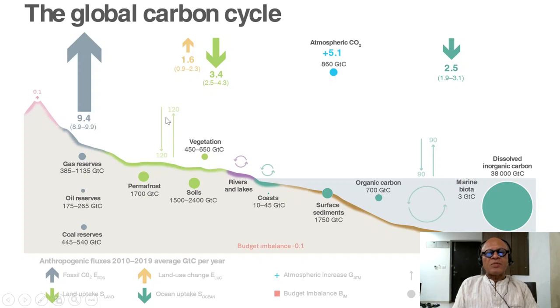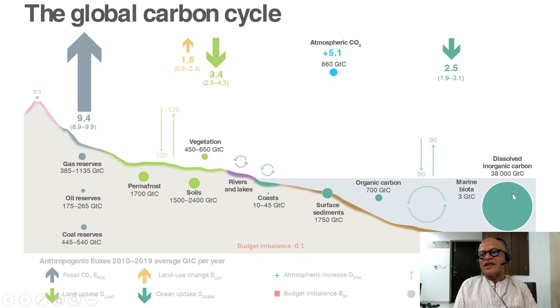Those are the fluxes we talked about. So almost balanced, but land is taking up 1.5 gigaton per year or so. That's what land use is releasing. This is what land uptake is. Okay, what's stored in vegetation in gigatons of carbon, what is happening with reservoirs and lakes in terms of recycling, what's happening in the coasts, subsurface sediments, organic carbon here now separated in the ocean, and the biological and solubility pump, which we have talked about before, what's in the marine biota, so biomass in itself,